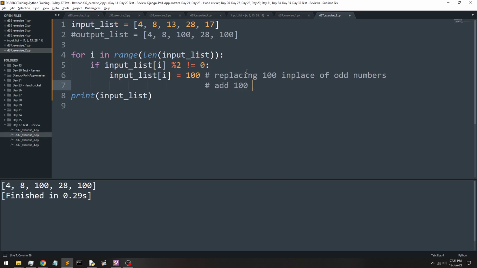Suppose the question is given as add 100 to the odd numbers. Add 100 to the odd numbers. Suppose that is the question, then you can modify it slightly as